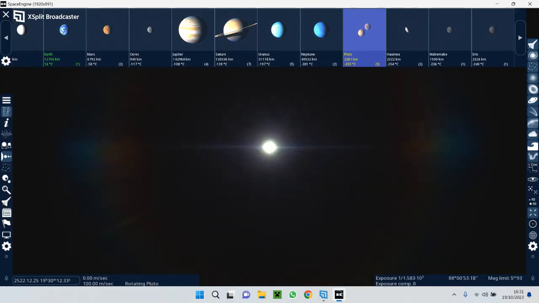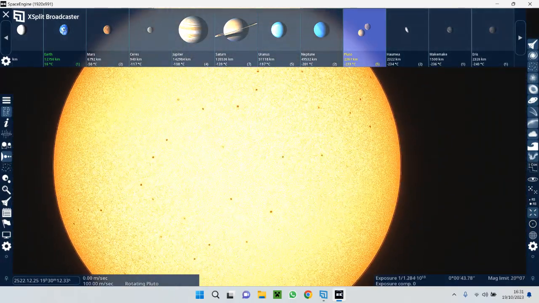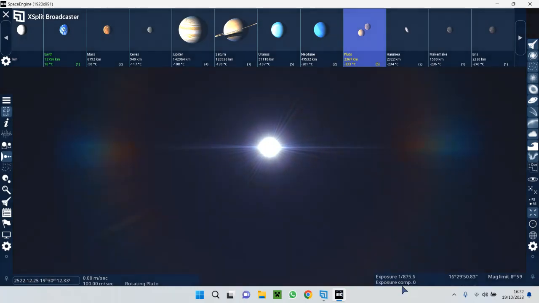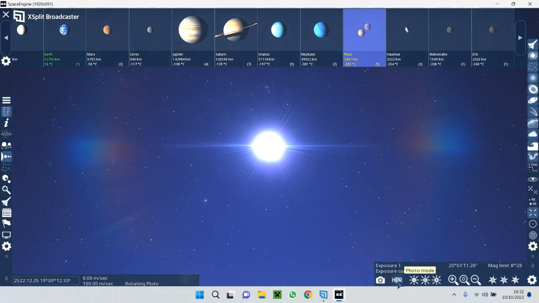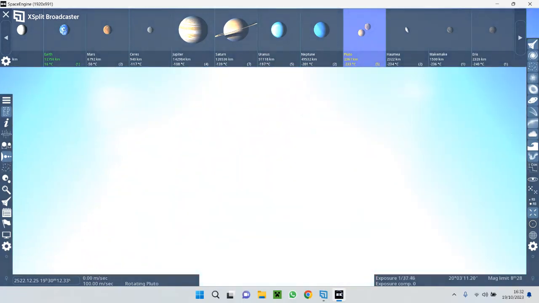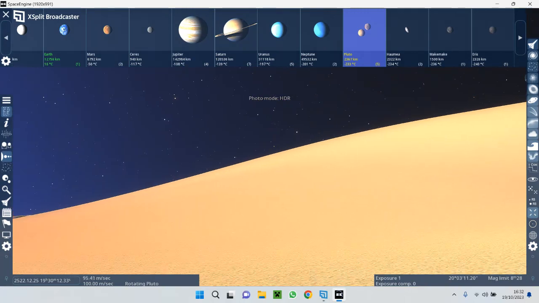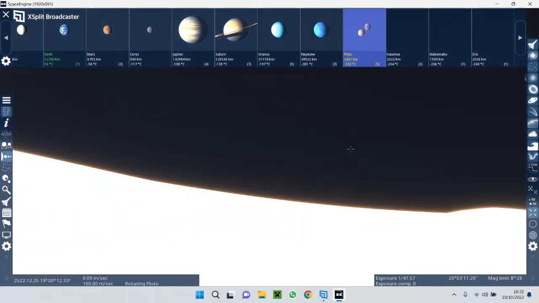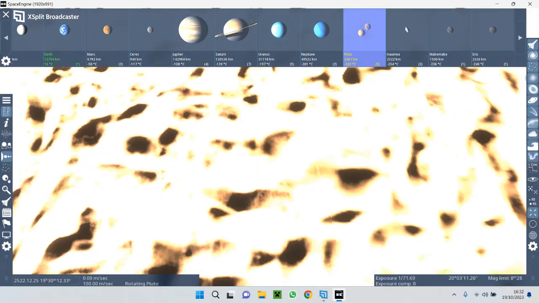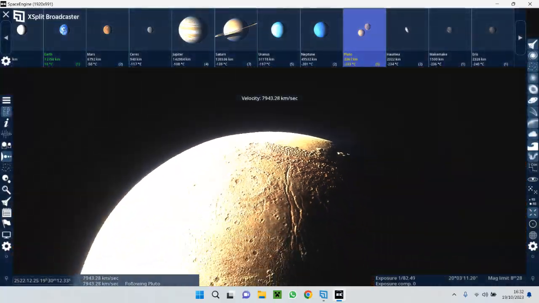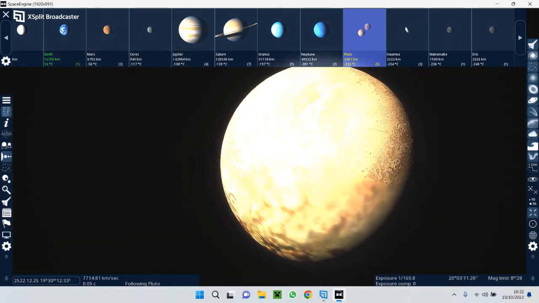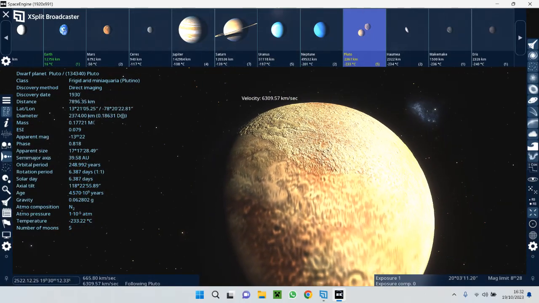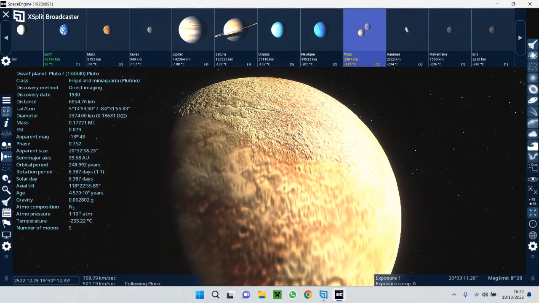Blue sky, just like Earth. The thing is, it's way brighter because photo mode is mostly a view for looking at planets, a view for looking at the sky on the planet.